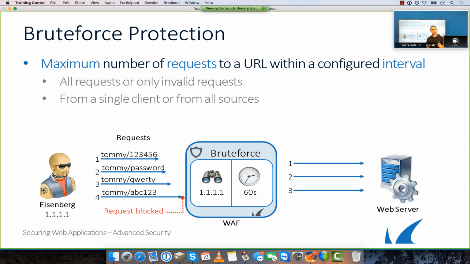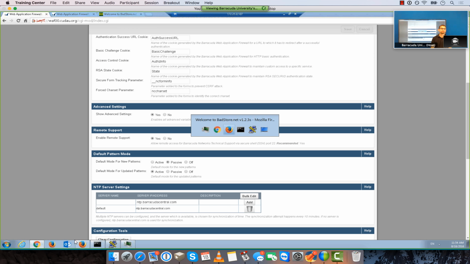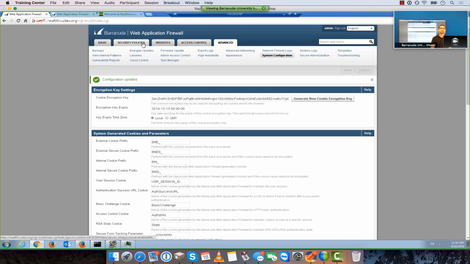Moreover, since we are talking about public IP addresses, you have to be careful because you might have users that are coming from the same IP address that are accessing your web page. So what happens then? Well, if you have multiple concurrent connections from the same IP address within the same time frame, in that case, you might block more users, right? So essentially, what you configure in the brute force protection is,